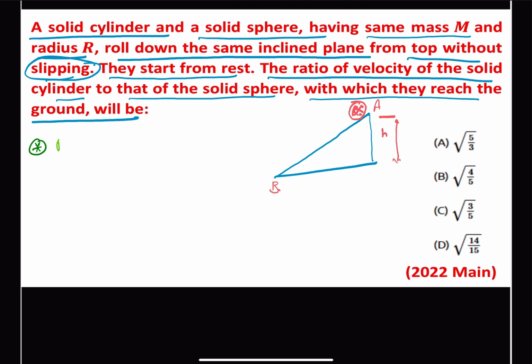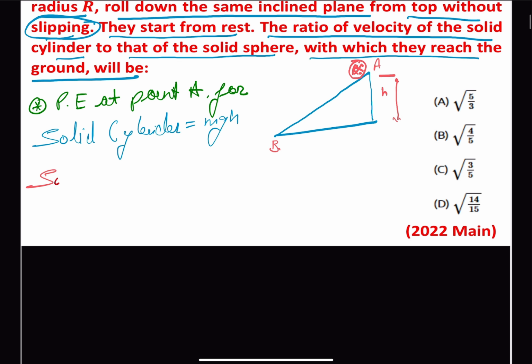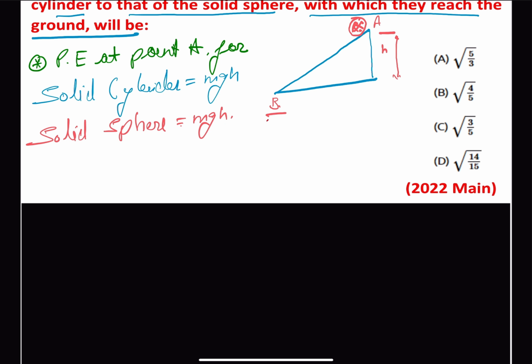So potential energy at point A for the solid cylinder will be mgh, and for the solid sphere will also be mgh. And at the bottom, which is point B,